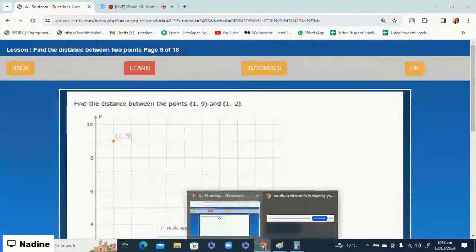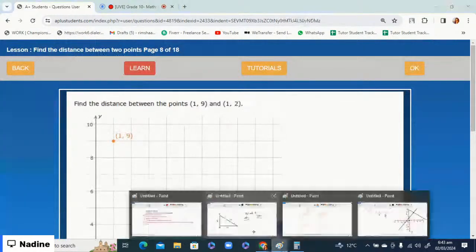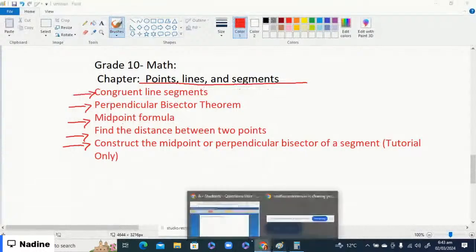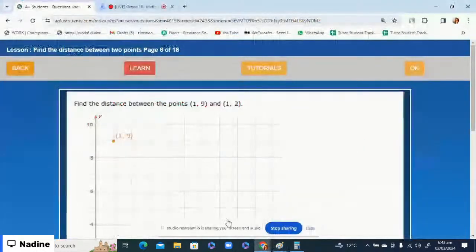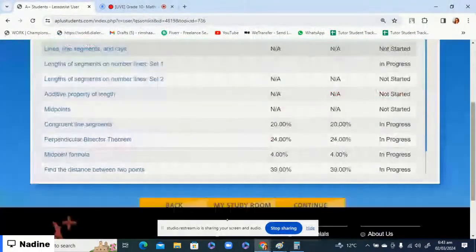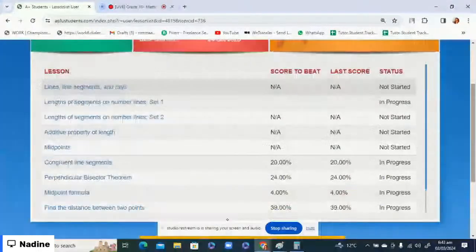Alright guys, today we will discuss grade 10 maths. This is our chapter. Today we discussed points, lines, and segments, and these are all the lessons. And you guys all make sure before starting the next session, if you have any kind of problem, any kind of query in any of the lessons in that chapter, then